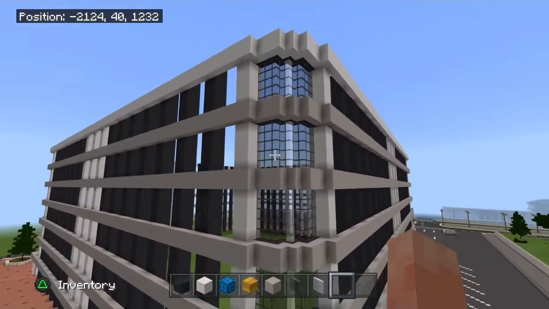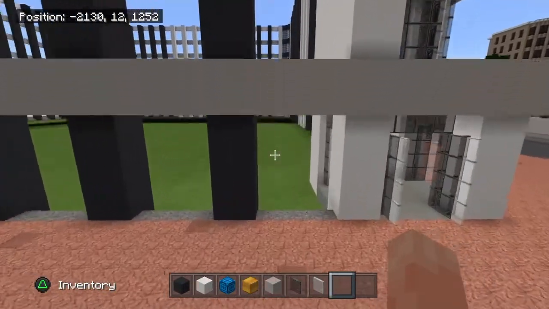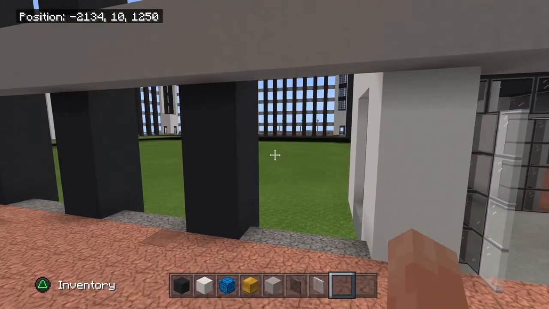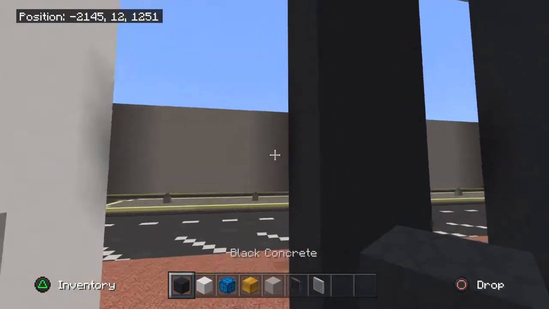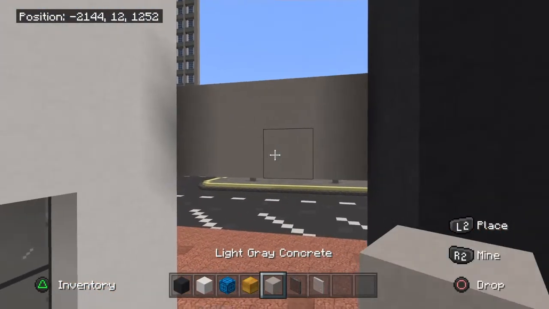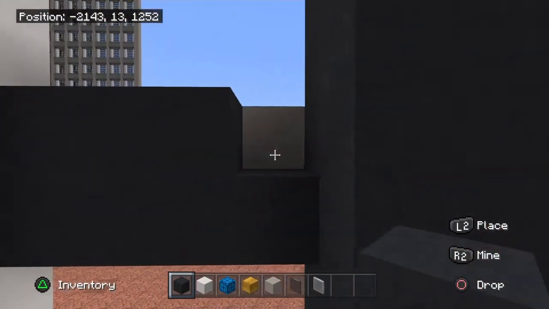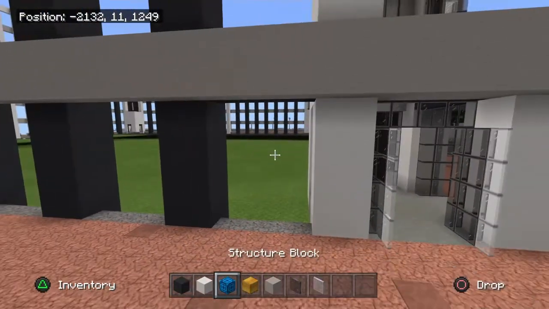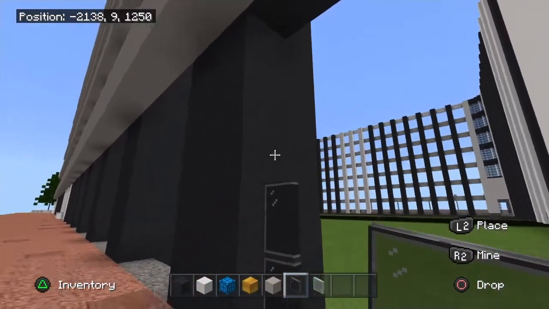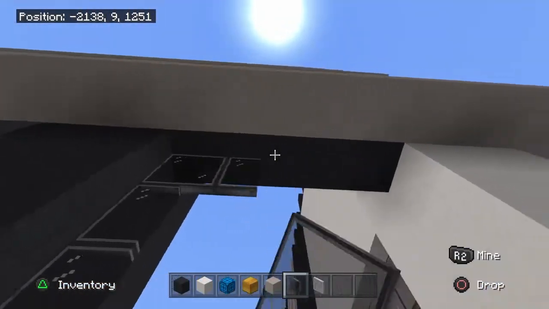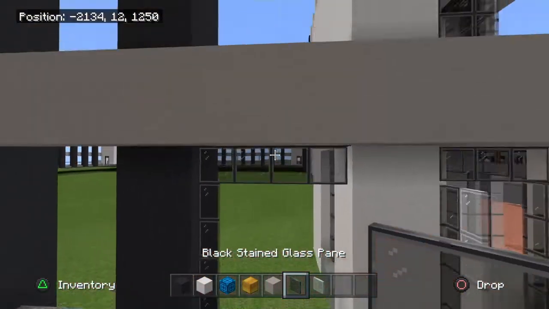And once you've got that, now let's go ahead and come right down here and let me show you how we're going to do these windows. So on the inside here, we're going to take the black concrete, and right on the light gray concrete, we're going to double this up right here. And the reason for that is so whenever we put in our black stained glass panes right in here, it will meet up with that black on top, and you'll fill this in with your black stained glass panes,